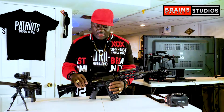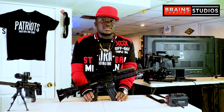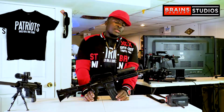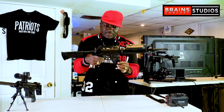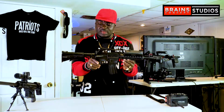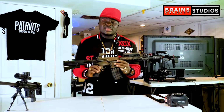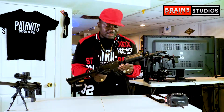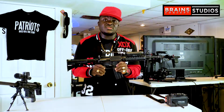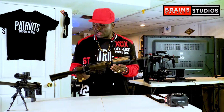But again, like I said in the first section, do not expose these prop guns in public, because they look like real guns. Now look at it. This is the M16, which is a very, very powerful weapon, and I think it's an American brand of weapon. So this again is made out of plastic, but this is made out of hard plastic. The plastic that they used to make this one is harder than this one. So this is a lot heavier than the